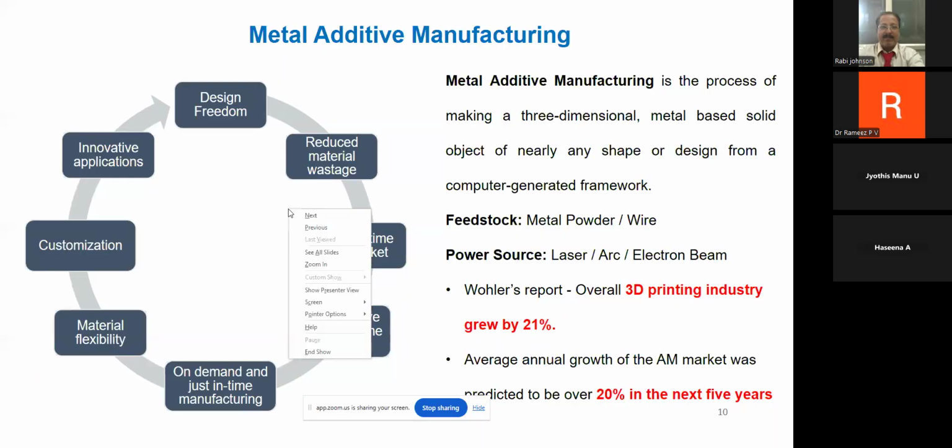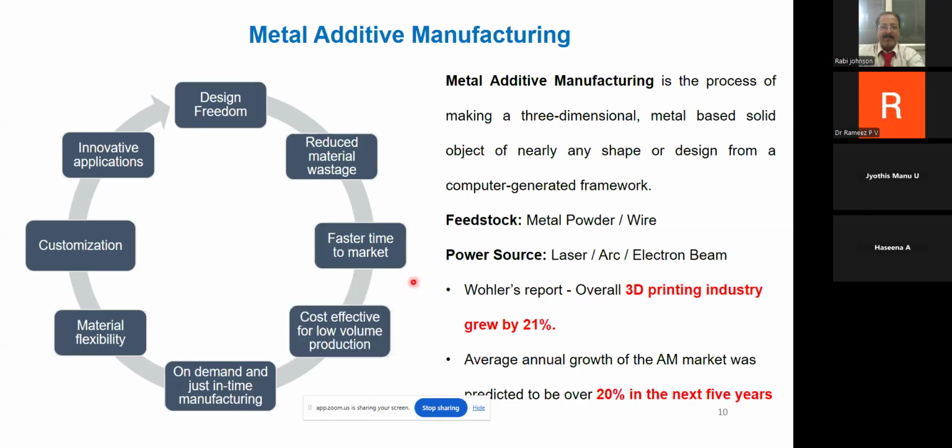And the third one is faster time to market. Because if you go with the conventional way of making a metal component, first you have to make a die or a cavity to make the part. Then you have to do process planning. Then you have to do machining and finally assembly. So it takes a longer lead time to make a product. Whereas if you go with metal additive manufacturing, you don't need a die, you don't need a jig, you don't need process planning at all. Sometimes the number of parts involved in a product also can be reduced. So that will make your product